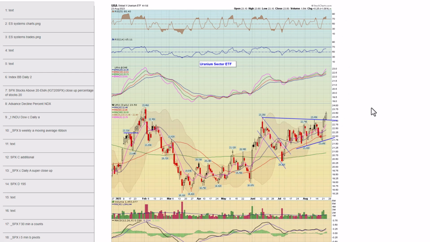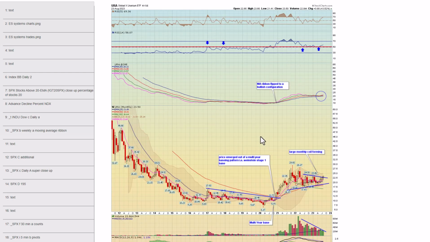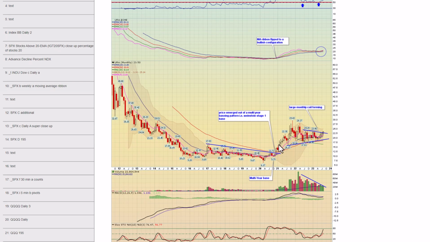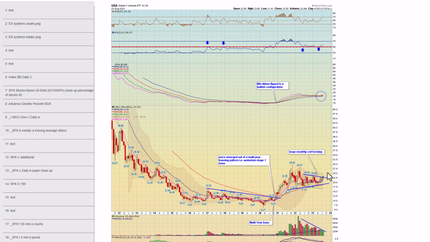Chart 49, DBA, also bounced off this uptrend line for now. Next, chart 50, Uranium ETF, URA. Steve discussed this on the weekend, and it's had a nice week so far. Nice little pop today as well. Chart 51, Uranium on the monthly chart. Remember, it's been forming this big coil for the last year and a half, and I do think this could eventually have a really good rally. You can see how the moving average ribbon we're pinching is trying to curl up.